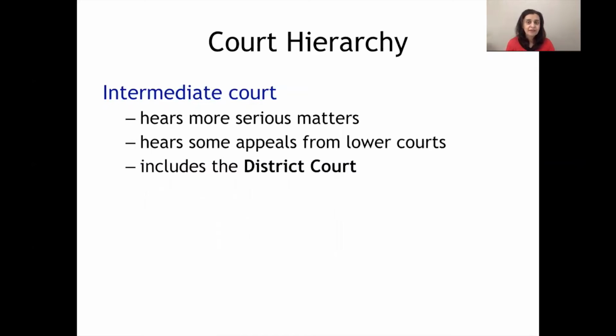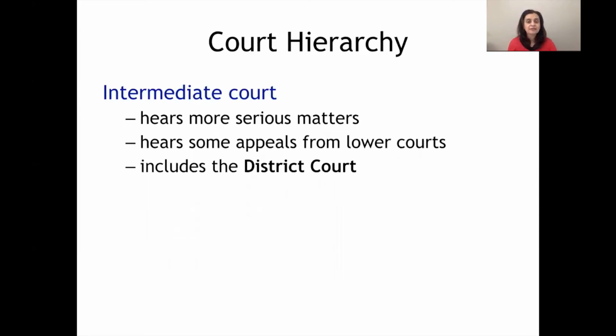And there is in fact going to be uploaded for this week's material a worksheet where you're asked to research further the different courts, and the answers will be uploaded for you as well so that you can have a look at that in a few weeks' time. The types of matters that are heard by the New South Wales District Court, who it's presided over by, and what kinds of thresholds are considered in the intermediate court.